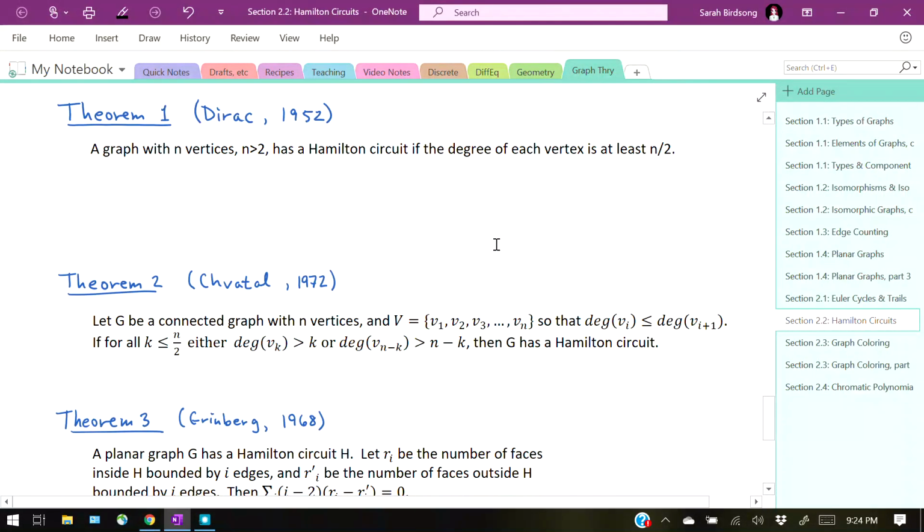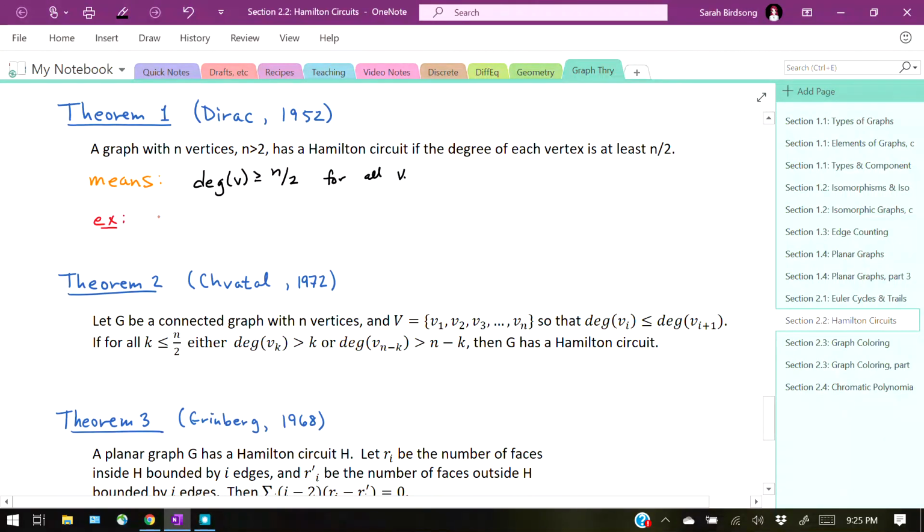Here, let's color code this for ourselves. So here's what this means. You're looking at the degree of each vertex has to be greater than or equal to the total number of vertices in the graph divided by 2, and this is for all vertices. Okay. Now, if we actually look at a teeny tiny baby example,